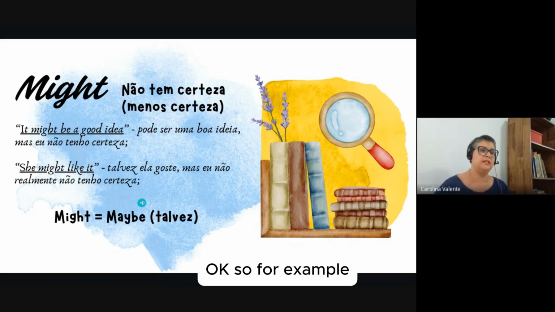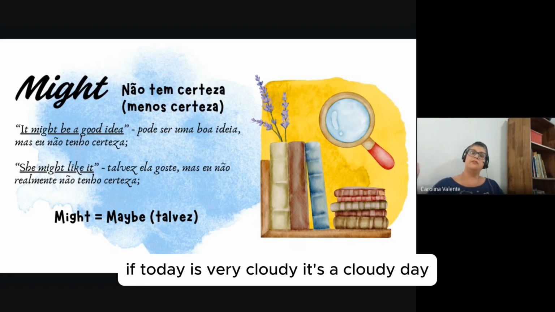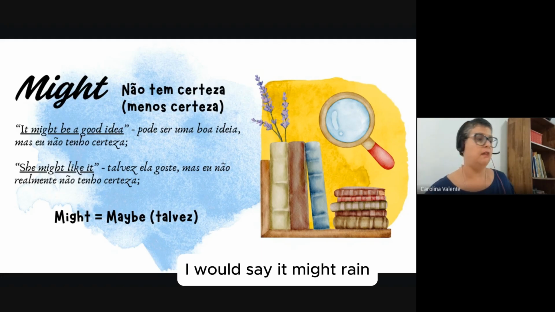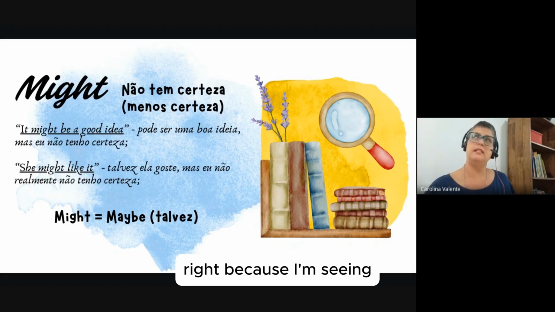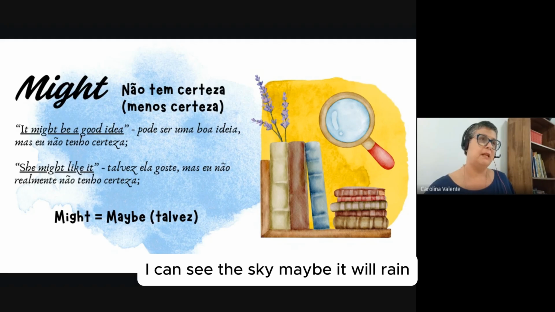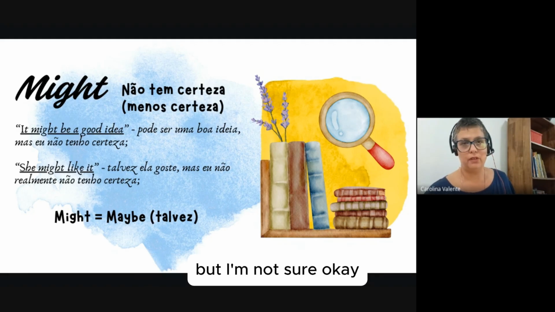Okay? So for example, if today is very cloudy, it's a cloudy day, I would say it might rain. It might rain, right? Because I can see the sky. Maybe it will rain, but I'm not sure. Okay,